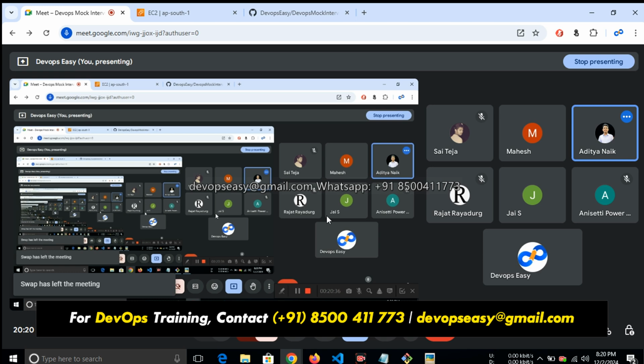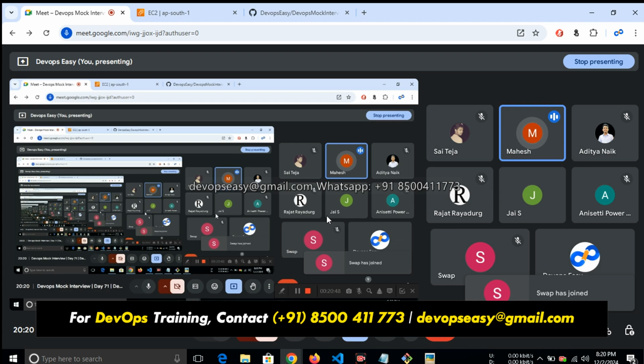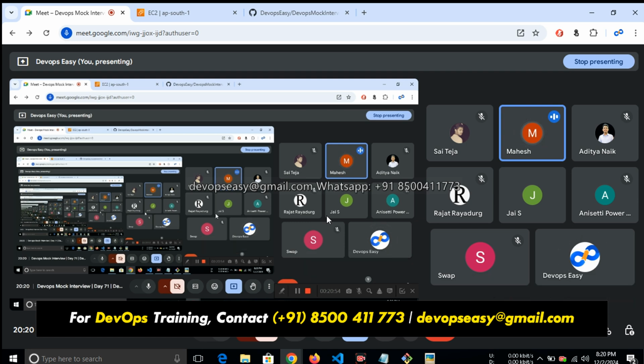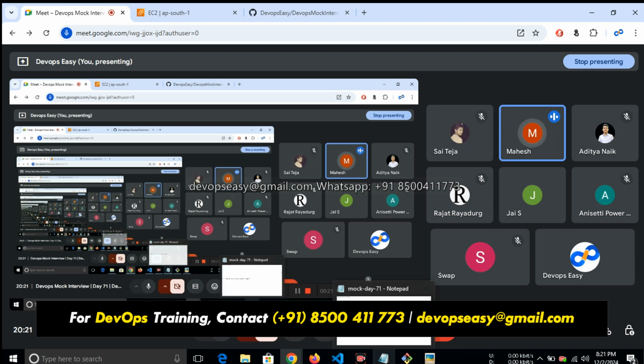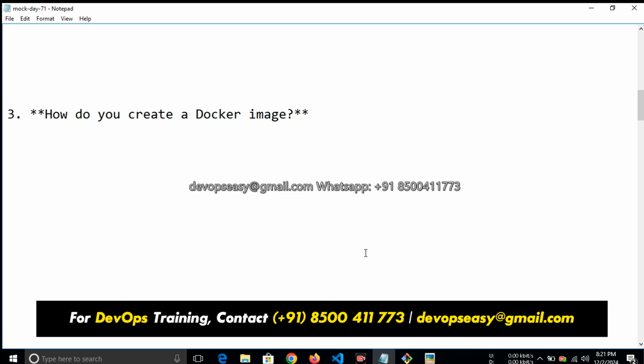We need to write a set of instructions, like what application and dependencies, all those things, in one Dockerfile. After that, we need to build an image with the command docker build -t with that particular image name, colon, version, followed by a dot. With this, the image will be created for that particular application code. Once we need to run that image, we need to go for docker run